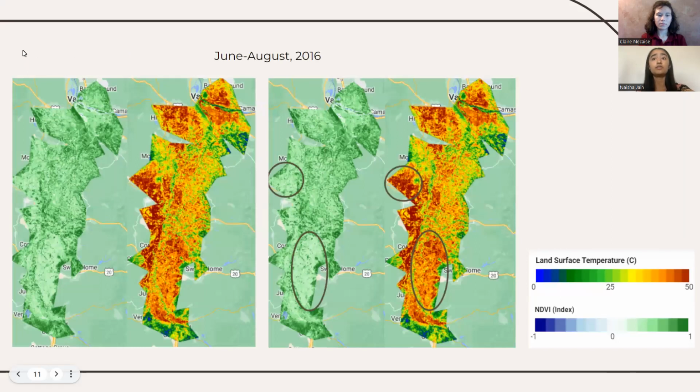To visually demonstrate this correlation, we extracted a geospatial map from the Willamette Valley's summer season in 2016. In the western part of the LST map, the area appears to be 50 degrees Celsius. In the southern large plain of the same map, the area appears to be around 40 degrees Celsius. On the left-hand side NDVI map, both of these regions appear to have similar, close to zero NDVI values, regardless of the LST values. This illustrates how the LST and NDVI values are not influencing one another to a great extent.